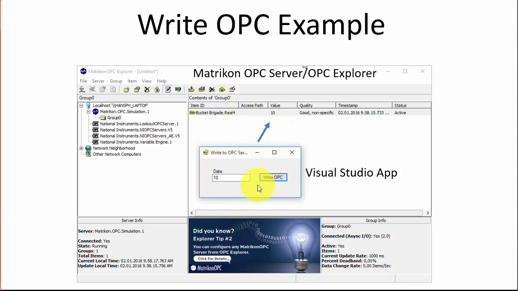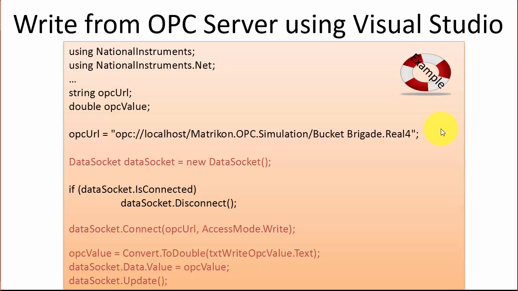So here you see the example. Here is our application in Visual Studio. We just have a text box, a label, and a button. So when we enter a value in the text box and click write OPC, the value in the OPC server should be updated. Here you see a part of the code. So it's almost identical to the read code. So you need the same